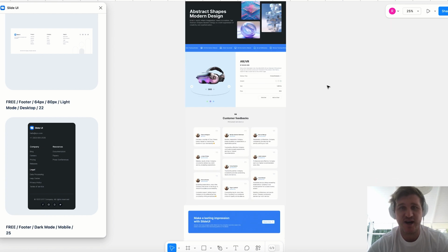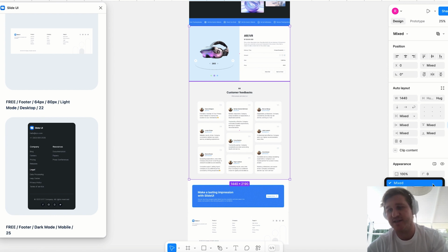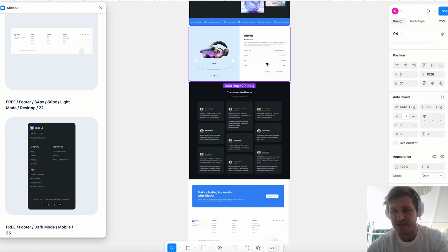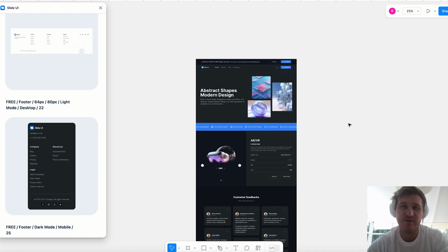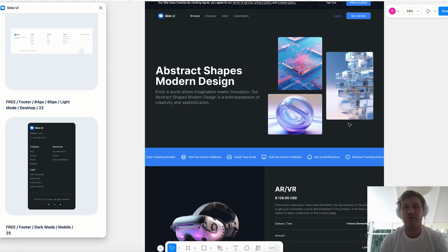You can change this to dark mode, simply select them. This is the designer system, just keeping in mind. We want to change that to that. Sometimes that doesn't work. Let's double click. There we go. Maybe we want that nice dark look. And there you go. Then you just work from there, and